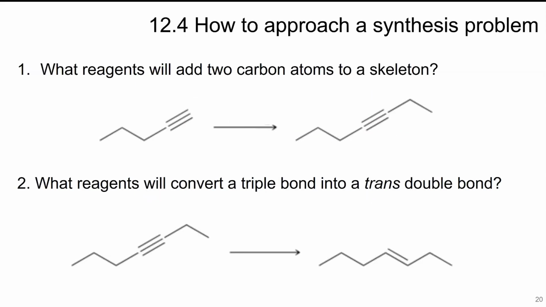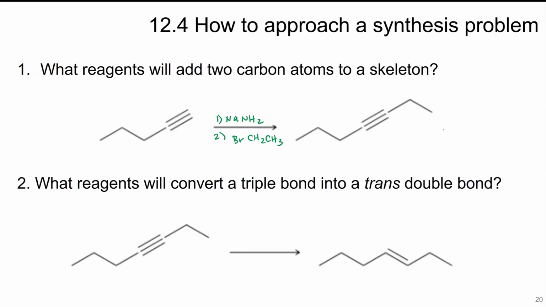What reagents do we have or know about that will add 2 carbons to a skeleton? The one that we talked about just in the last couple of slides is NaNH2, which creates the acetylide ion. And then we need to add 2 carbons, so CH2CH3, and that should be accompanied by a leaving group. So the acetylide will form here, which can do an SN2 kicking off the bromine to get us the addition